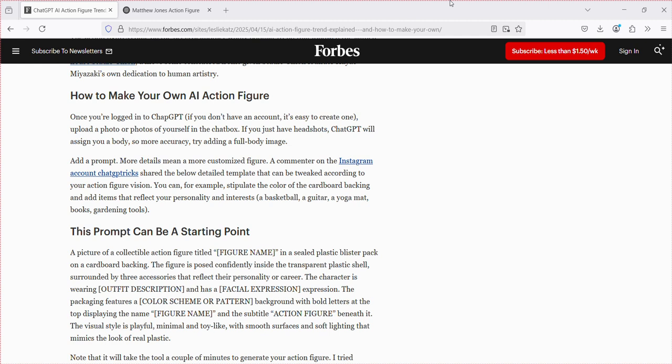After you upload a picture, it's going to ask you what you want it to do, and that's where you copy and paste this part here. So that's what we're going to do. Let me get over to the ChatGPT site. This is Forbes. You can see the website up here if you all want to go and see the instructions, because there's more on this website, but this is basically all that we need to focus on. So now I go to this tab,